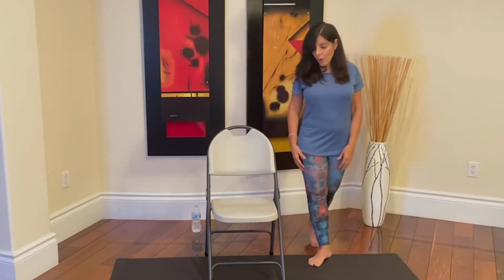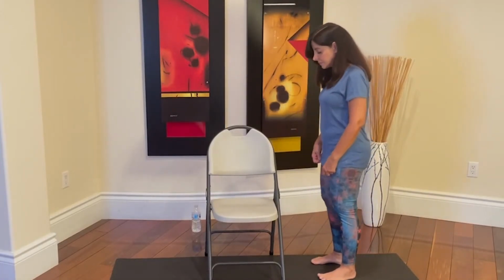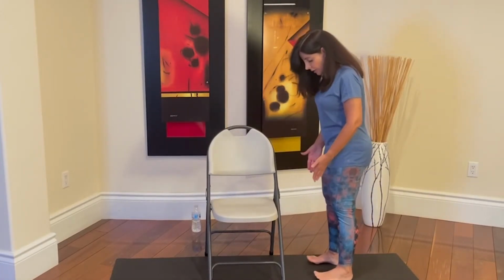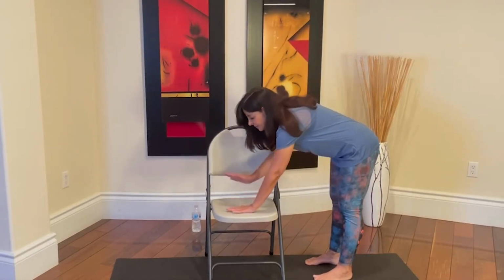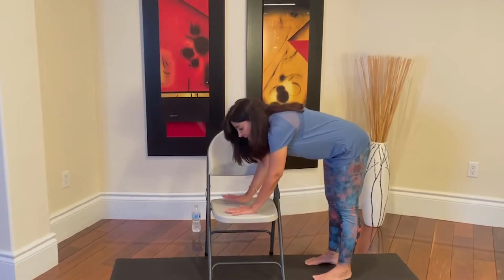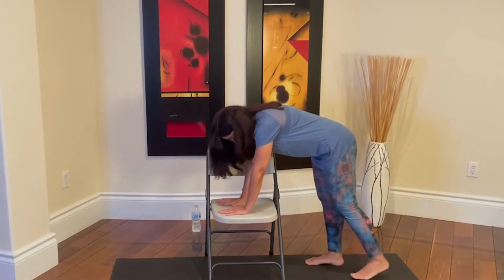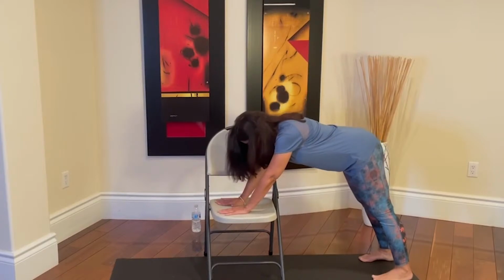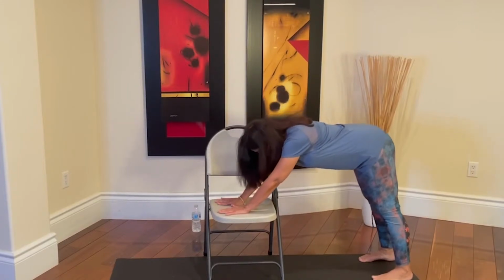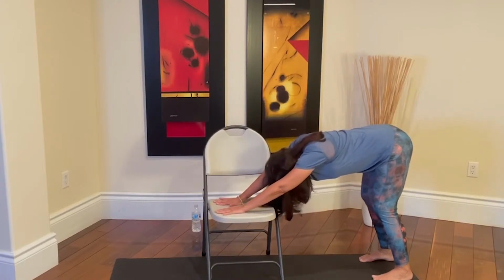So let's go into our down dog. So I'm going to walk to the side of my chair. So I'm on the side of my chair, hip width apart. I'm going to place my hand on the bottom of the chair, and I'm going to slide it forward a little. Now I'm going to bring my right leg back, left leg back, and I'm going to press, micro bending the knee, and you can hold it